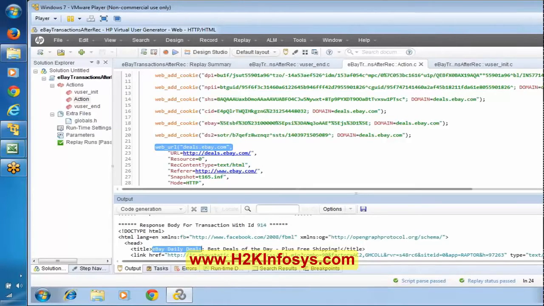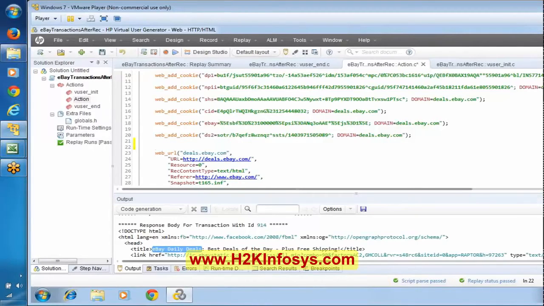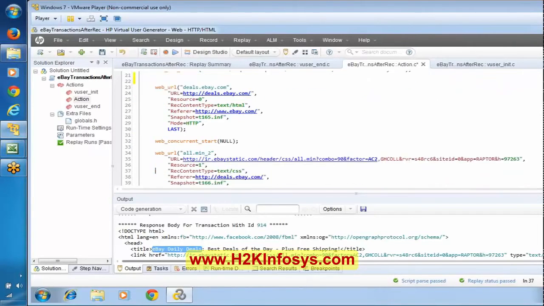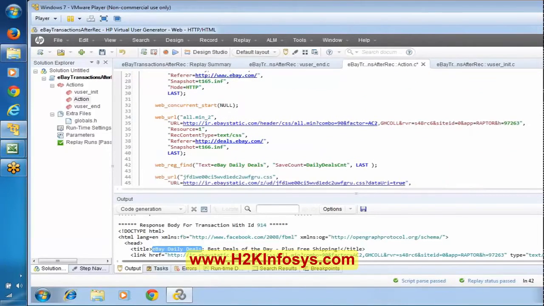Now where we have to keep our web_reg_find. At least did you understand the problem that we have done? Okay. Now this is the line where we are going to keep this web_reg_find. Okay. Let me copy it.